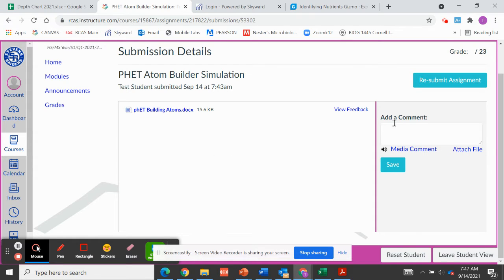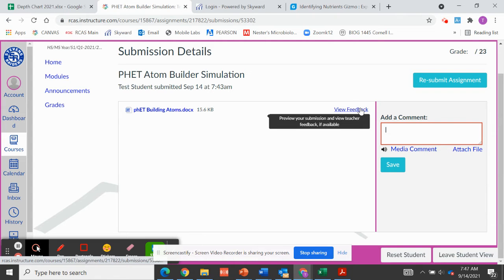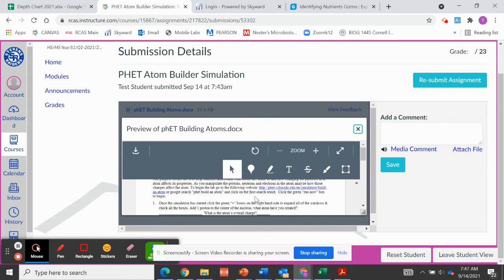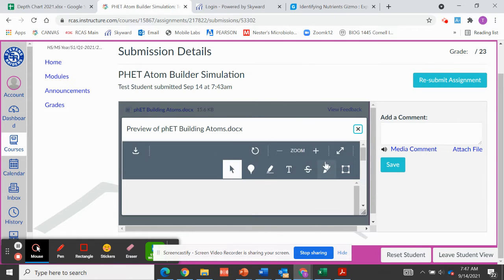Remember, at the end, we're going to add a comment and put our final score in here, whatever it is out of 23, okay? Now, before we did the attach file and we would attach the inked version, what I think I'm going to have you guys do instead is just go to view feedback here. If you click on view feedback, you and I can both mark on this. Now, it doesn't look like much. You can kind of see your document somewhere under here. What we need to click on is this full screen button right here. Okay, so we're going to enter full screen mode,